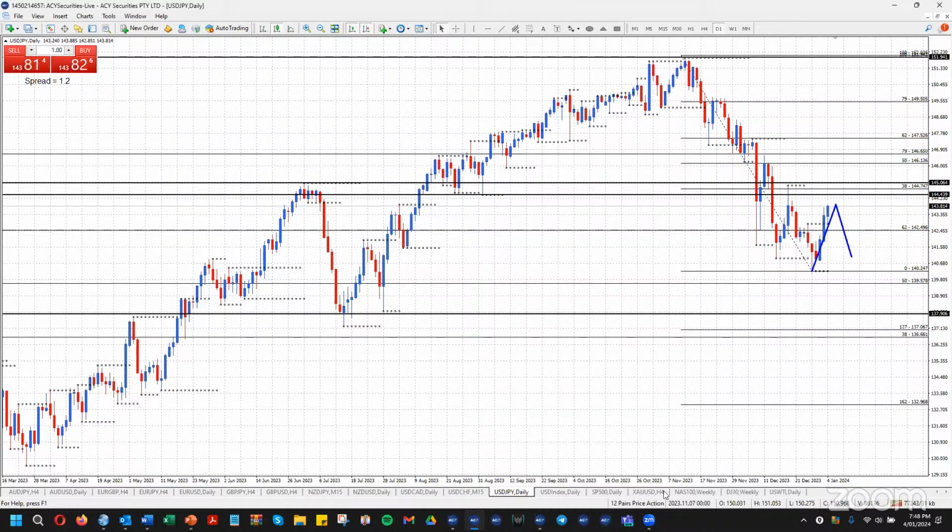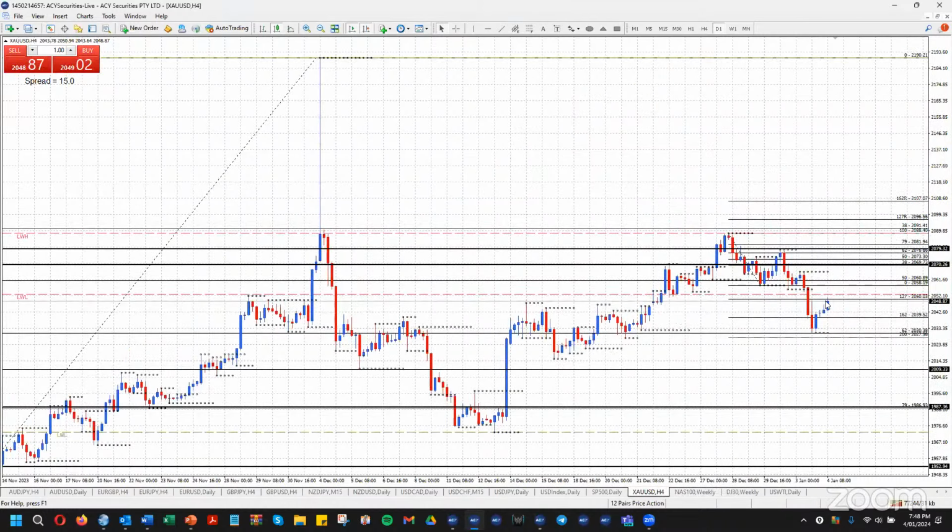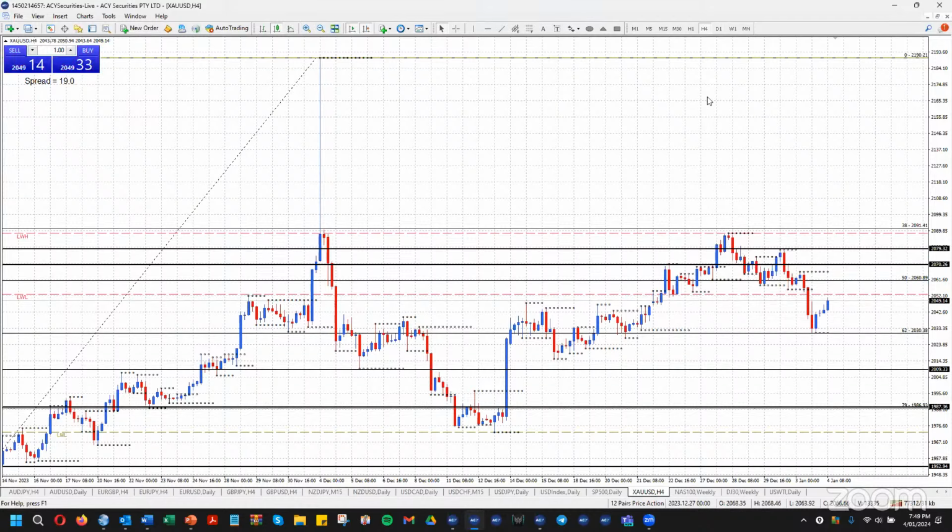Now gold, this is how I had it set up. This is where price was when I did the webinar on Tuesday, and I said this was to close back below the 62% retracement. That may be a good signal that we're going down, and well, that was true, and we have moved down. A bit overextended at the moment to the downside, but